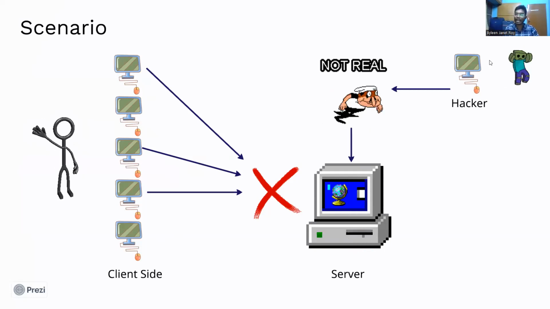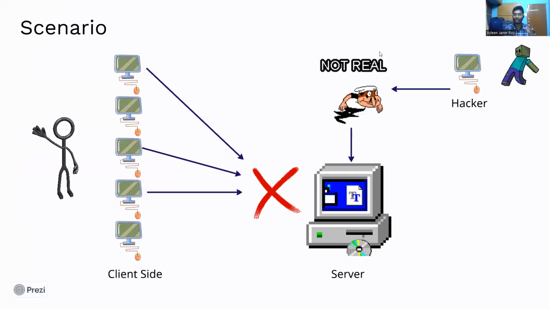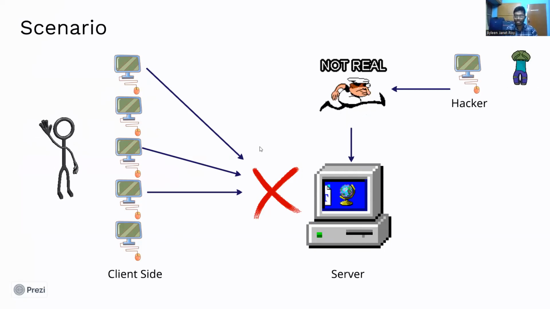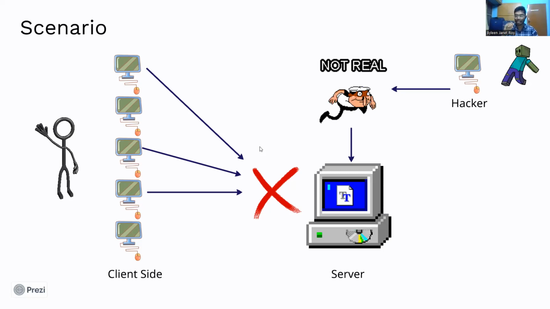What if the hacker, imagine me as the hacker, does a DOS attack on it with false information, not real requests? If I place fake requests into the server and the server gets overloaded, the legitimate client who wants to get into the server will be denied by the server because I overloaded the website. That's how the basic scenario works for a DOS attack. I hope you all understood that. We have the client, the hacker, and the server here.